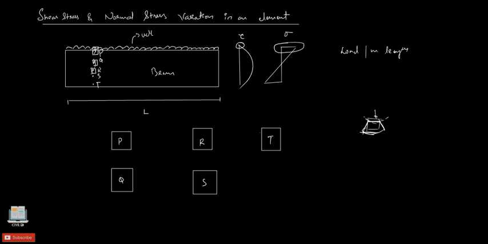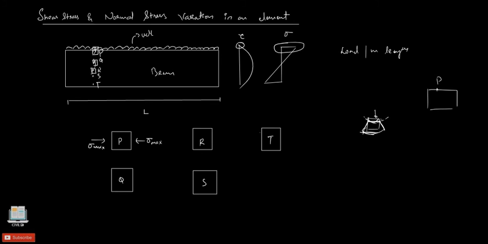So at the top there is a visualization of compression. It experiences the compression, and how does the compression act? The compression tends to reduce the size of the material. So this is the topmost extreme stress, which is compressive stress due to the applied normal stress at the top. Now in the exam, what they will do is specify a point in a beam and ask what is the nature of stress acting at the point P. So you can easily answer that it is sigma max, and that it is compressive in nature.